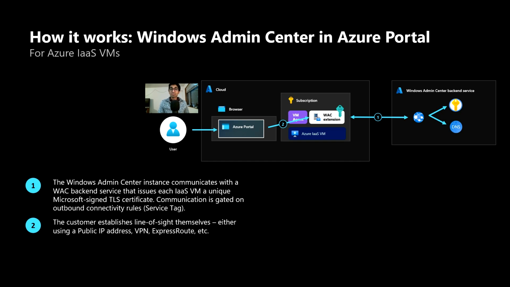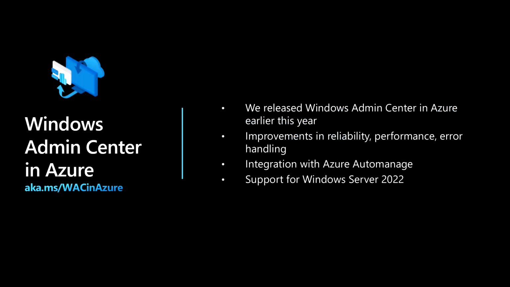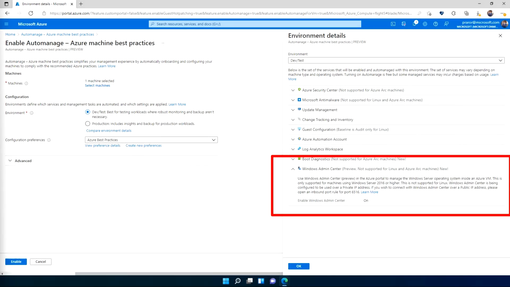And so over the last 6 months, we've really been focusing on improving the reliability, the performance, and error handling of the entire experience, including this backend service that we've deployed. We've also brought in support for Windows Server 2022. We've integrated with Azure Auto Manage, and really just continued to improve the overall experience of using Windows Admin Center in Azure. So for example, if you've now set up Azure Auto Manage to deploy best practices on your IaaS infrastructure,